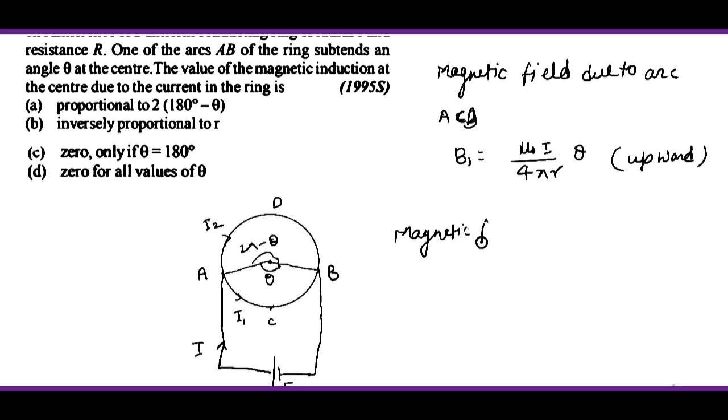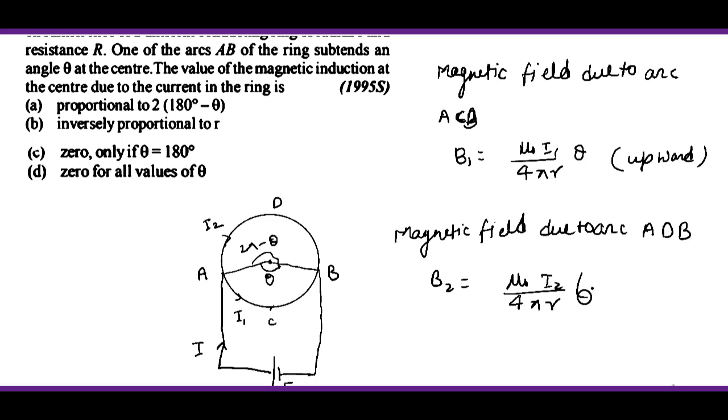यहाँ पे हम लिख सकते हैं मैग्नेटिक फील्ड ड्यू टू आर्क ADB। इस आर्क की वजह से जो मैग्नेटिक फील्ड है, उसको हमने B2 मान लिया, B2 = μ₀ I2 (2π − थीटा) अपॉन 4πr। यहाँ करंट I2 होगा और एंगल 2π माइनस थीटा। ये डाउनवर्ड डायरेक्शन में होगा।